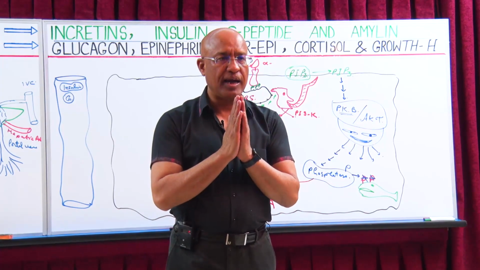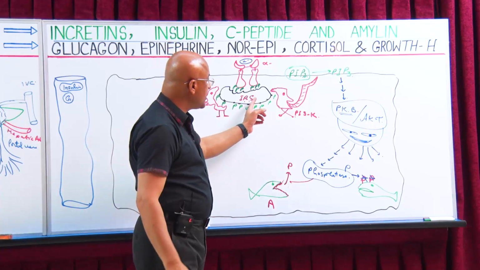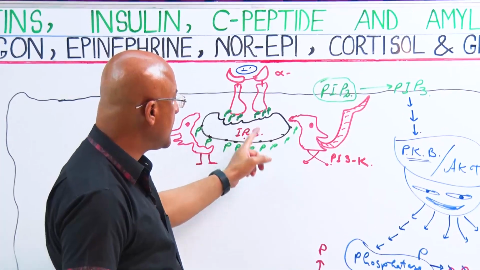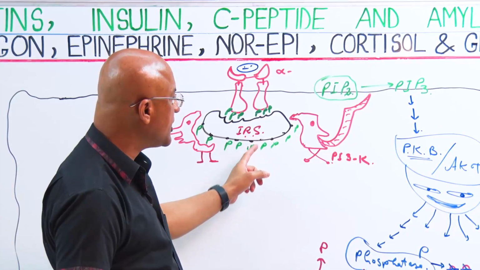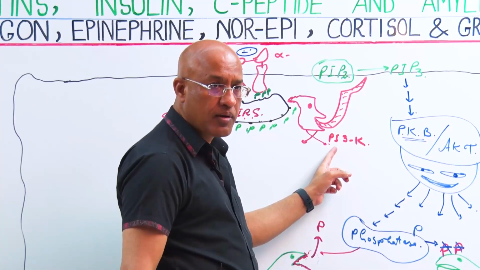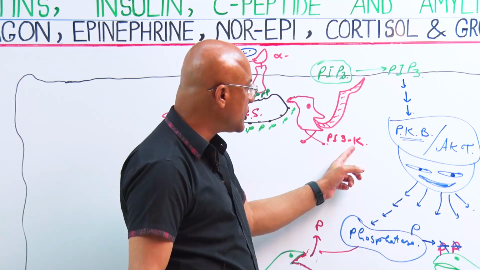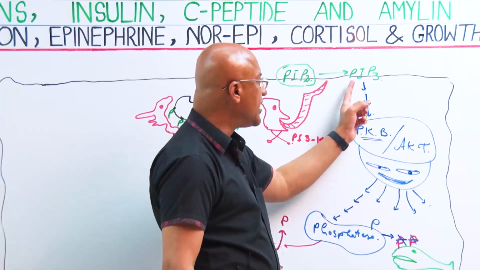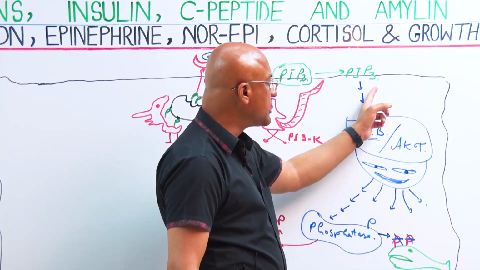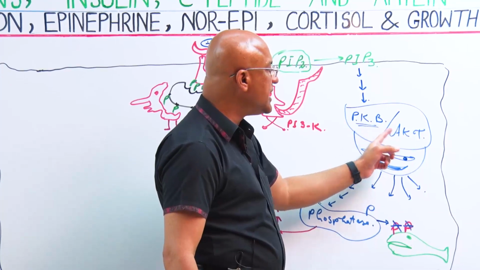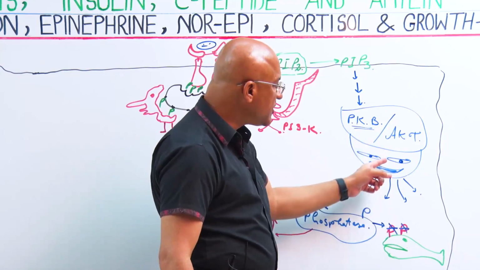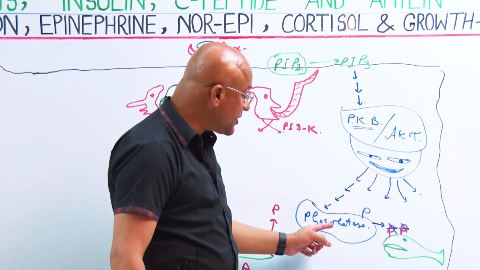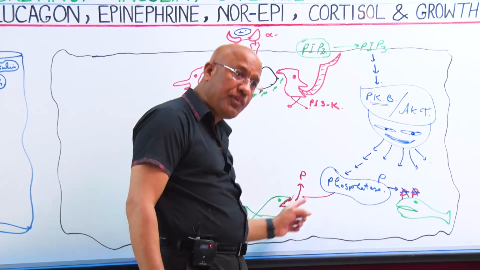The answer is this signal transduction pathway: insulin, alpha units, beta unit, autophosphorylation, then phosphorylation of insulin receptor substrate leading to activation of PI3K, phosphatidylinositol 3 kinase, which converts phosphatidylinositol diphosphate into phosphatidylinositol triphosphate, which activates a special pathway called the PKB AKT pathway, that is protein kinase B. This leads to multiple phosphorylations, and phosphorylations lead to even activation of phosphatases, and those phosphatases will dephosphorylate other enzymes.